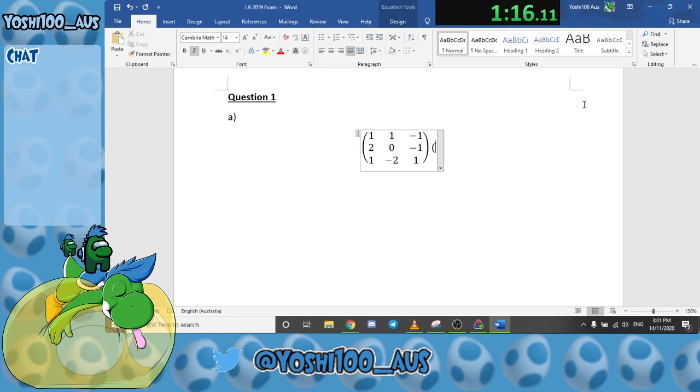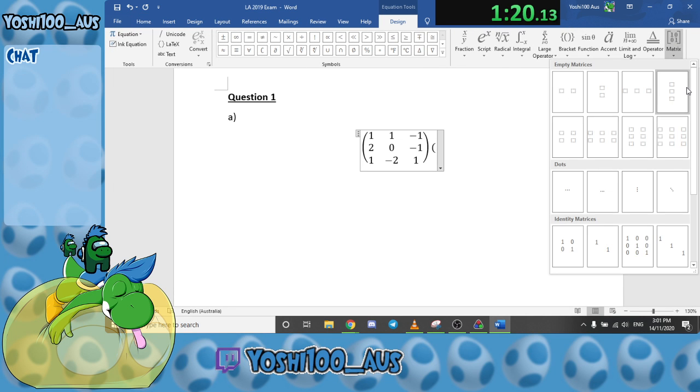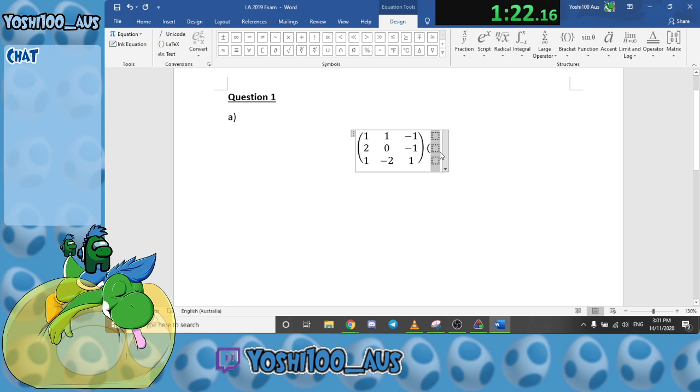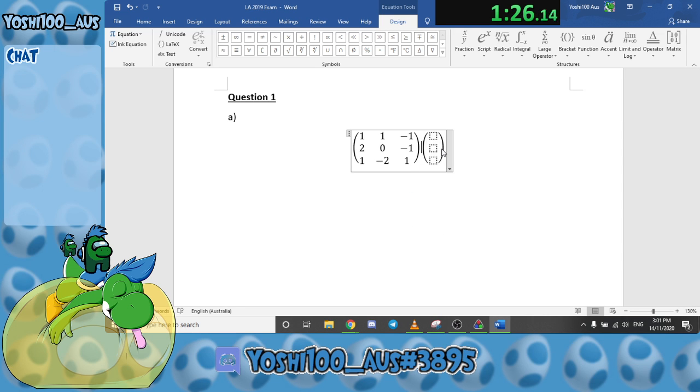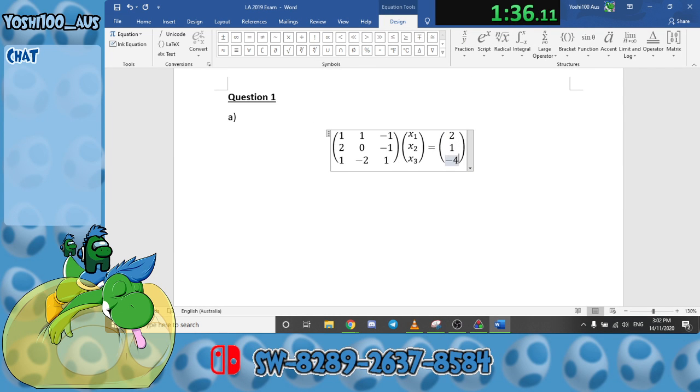There we go. And now we can insert this one. Since we're gonna need to use this anyway, copy that. X1, X2, X3. What was it? 2, 1, minus 4. 2, 1, minus